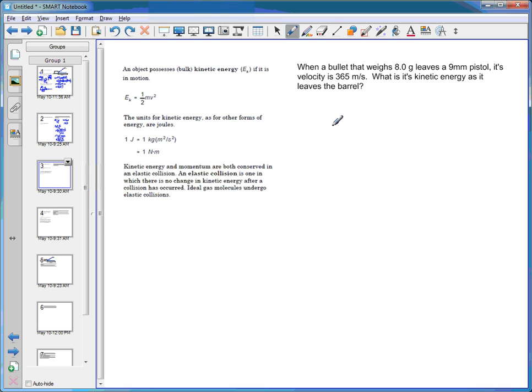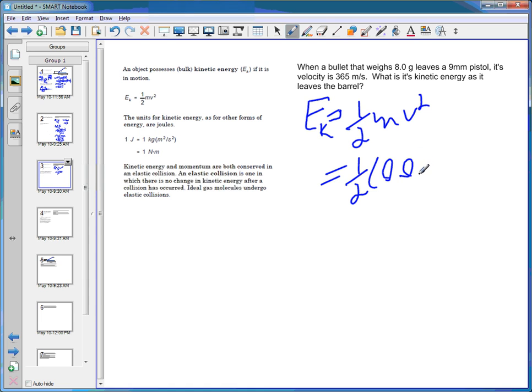We use our formula, Ek equals 1/2 mv squared, equals 1/2 of 0.008 kilograms. Actually, sorry, that should be 0.0080 kilograms because we have two significant figures. We need to keep two significant figures here. Times its velocity of 365 meters per second squared equals